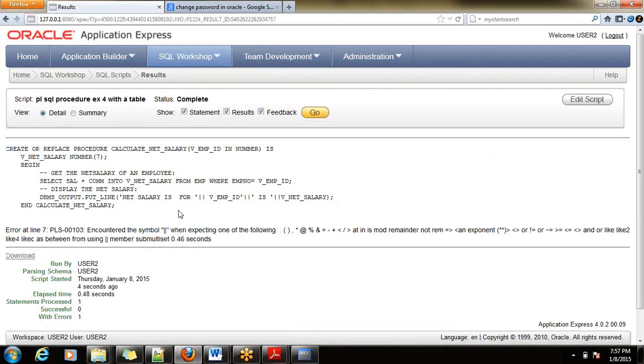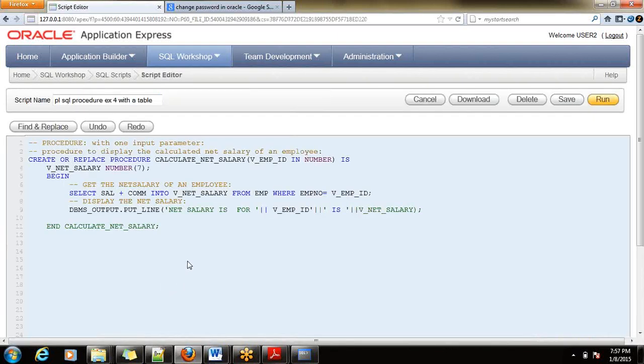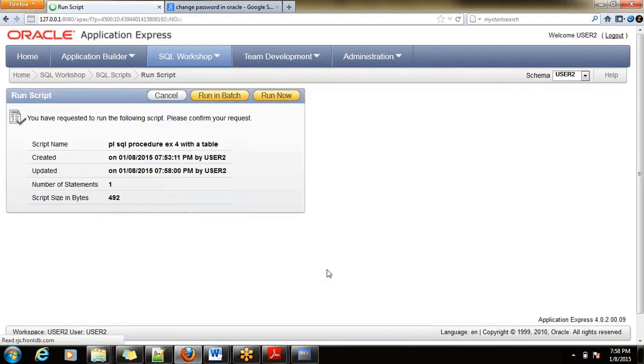Something went wrong. That is mismatching the single quotes. From here to here, that is a message in single quotes. Then a pair of pipe symbols. Then I am going to display this. Then I should not have this. Then again pipe symbols. Then is message. That's fine. I am re-executing this.